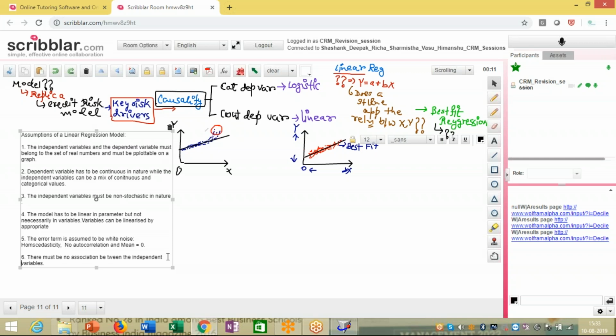But that is not the case for the previous assumption. So the model has to be linear in parameters, but not necessarily in variables. Done. Now the next part is that when I'm trying to develop the model, when I'm trying to create the structure of the model,